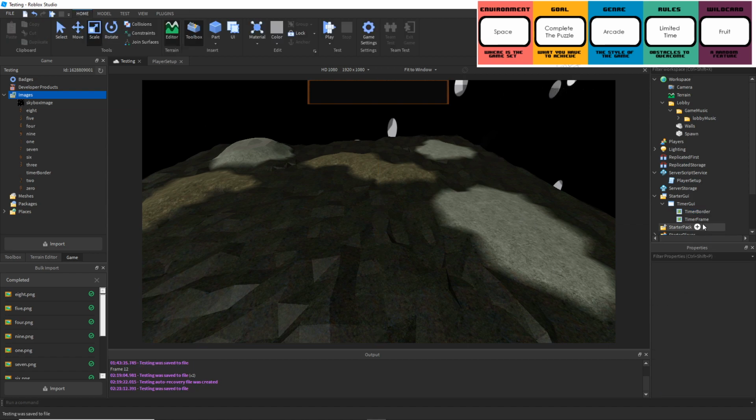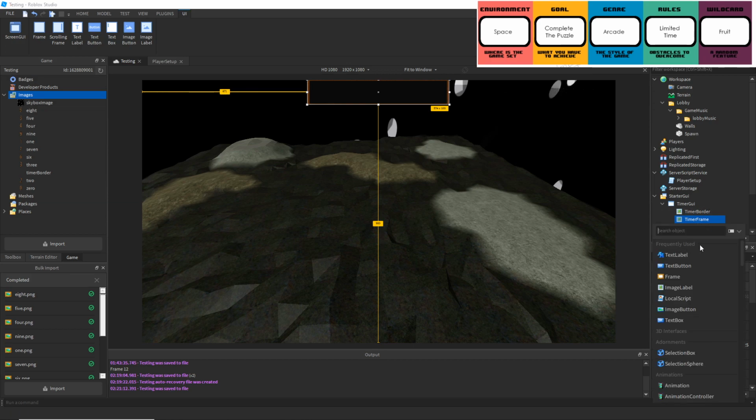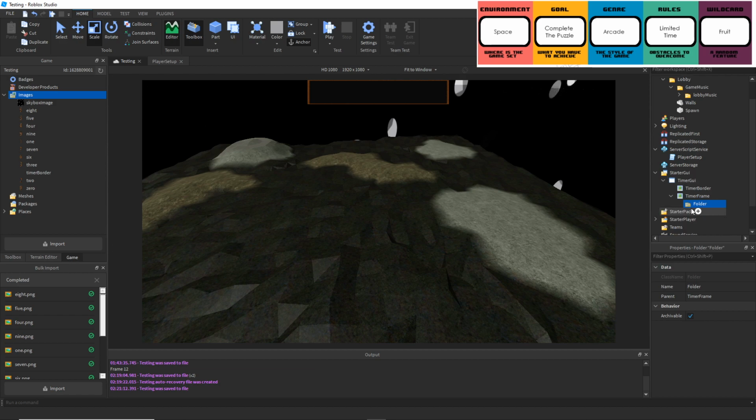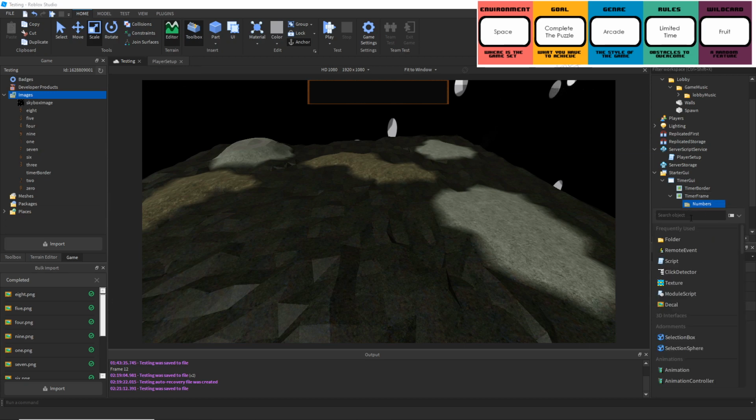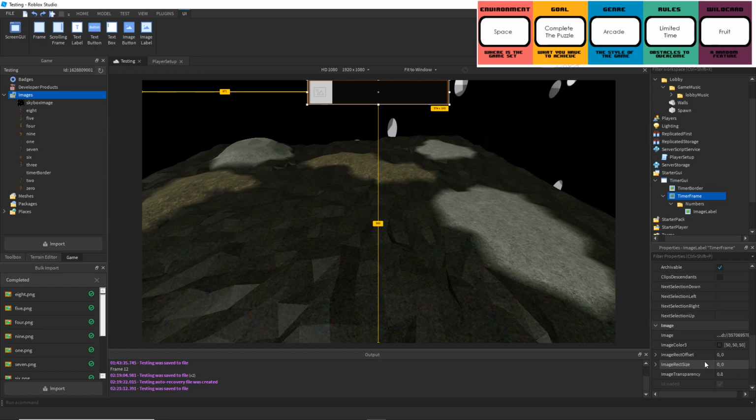Okay. Now inside of the timer frame, we are going to have a folder. And this is going to be our numbers. So name that to numbers. And inside of here, we're going to be having an image label. Okay, and right. So what we want to do is set this one to obviously be behind the other one. So z index. So we need this one to be like 1, and then this one is going to be